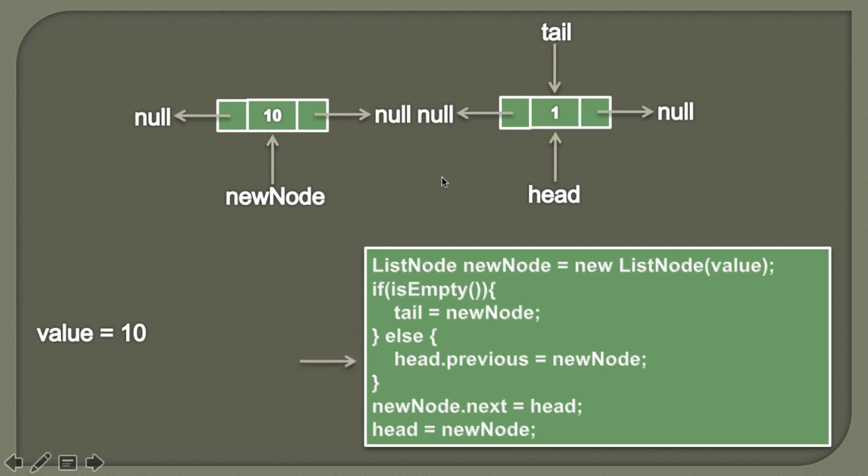As we want to insert this new node at the beginning of this doubly linked list, in order to do that we will assign the value of new node to head's previous. If you see, the head points to the node having value 1 and its previous points to null. Therefore we'll simply break this pointer and assign this previous pointer to the new node. It would look something like this.